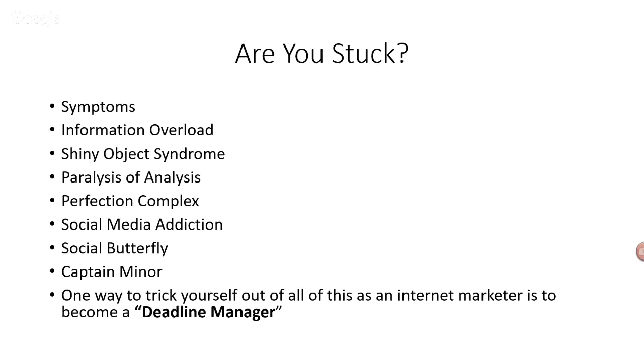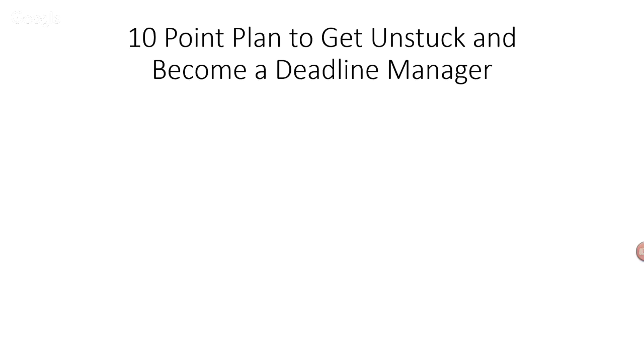And one way for you to trick yourself out of all of this as an information or internet marketer is to become a deadline manager. That's one of the ways for you to move yourself out of these things that are keeping you from getting to your actual goals. And so there's a 10-point plan to help you to become a deadline manager. Well, the first thing is to kind of get clear on what your goal is. And what I mean by your goal isn't